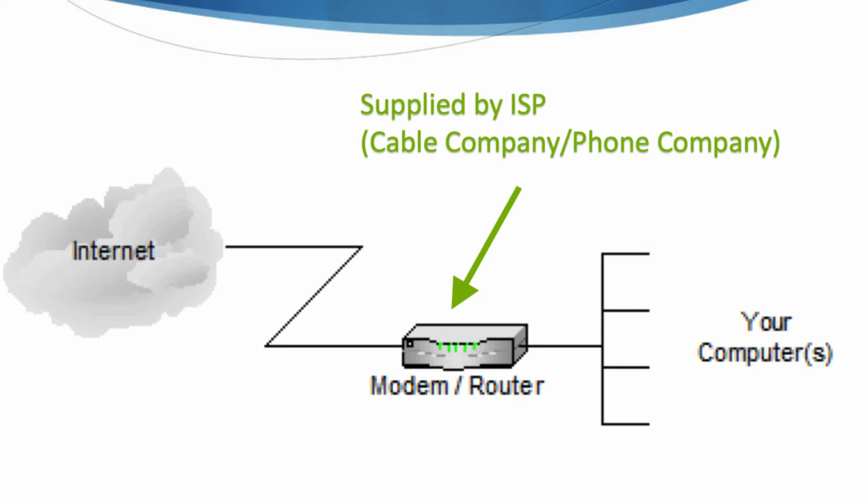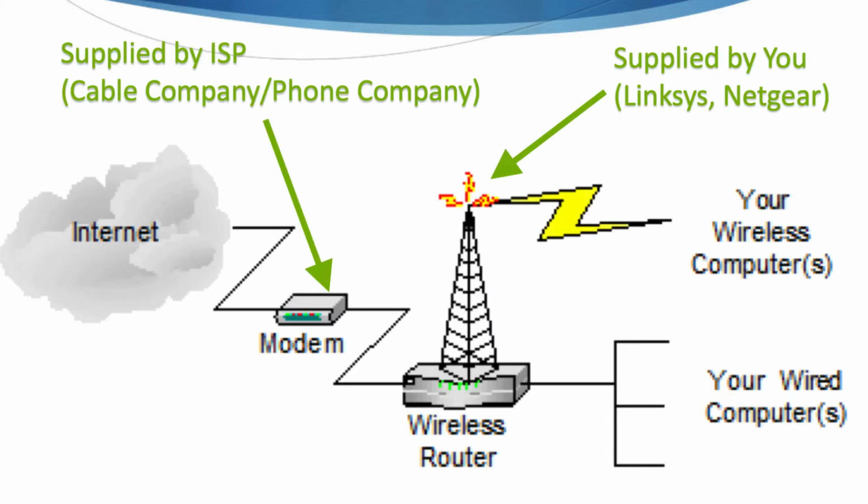Now here's another setup, and the only difference here is there's a modem-router combination setup, and this may be something that your cable company might also set up. You could still wire this into another wireless router that you can use, but that's another setup that you might see. And finally, another setup is, again, internet coming in, a modem, and then a wireless router, which you could